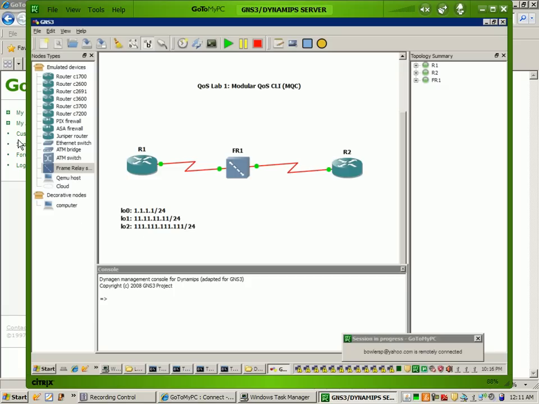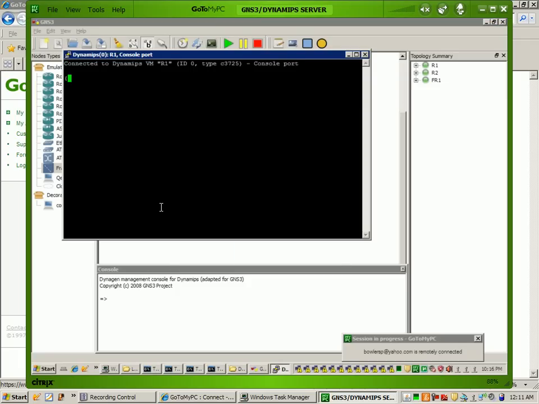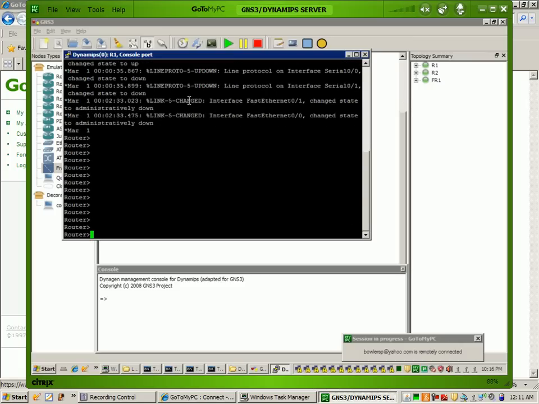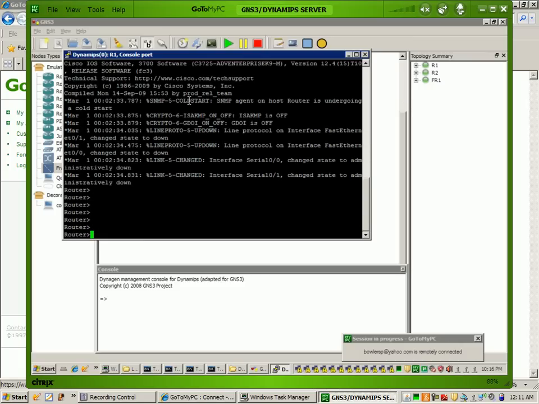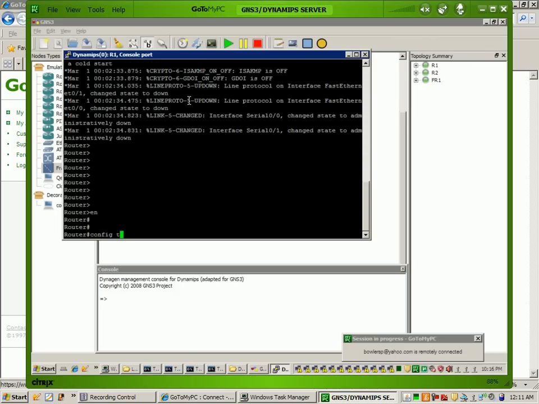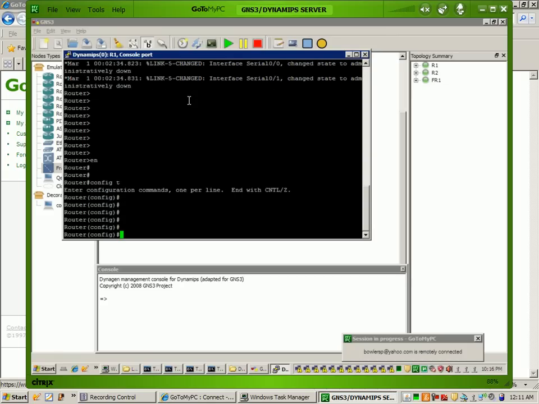So what we're going to do here with this lab is get you familiar with the MQC, different ways we can use the MQC to classify traffic, then put the different classes of traffic into a policy, then have the policy perform a specific action on the classes of traffic, and then last but not least we're going to wrap this up with the service policy,